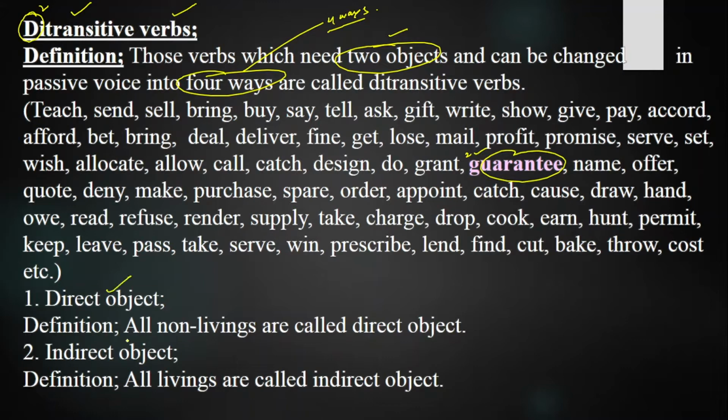They need one direct object and one indirect object. Direct object means all non-livings and indirect object means all livings. They need both, because if you put only one of the objects, the meaning won't be clear and understandable. If I say, He guarantees me, a question arises, what does He guarantee me? And how can He guarantee me, I'm not a sort of instrument. And if I say He guarantees a job,